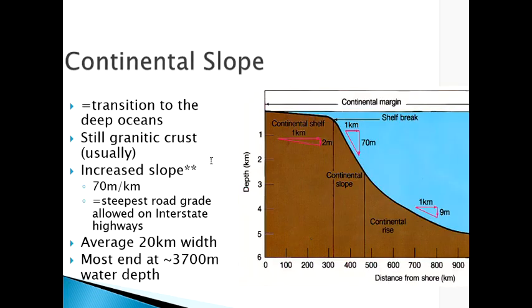Below that is the continental slope, and I'm not going to read off all of these different facts here. Just realize that if you've driven on an interstate highway through mountainous area, the steepest grade that they allow by law on those interstate highways is 70 meters per kilometer, and that's about what's happening on the slope. So it's a noticeable break